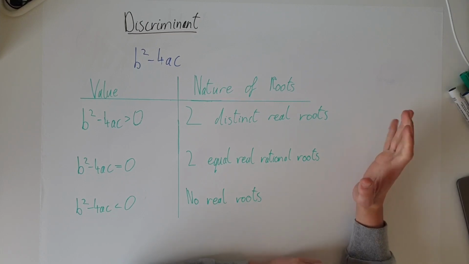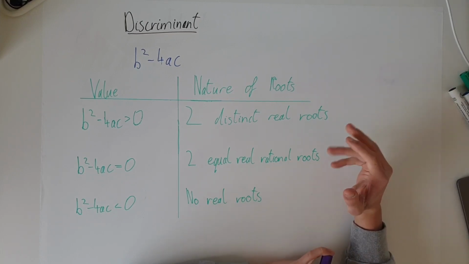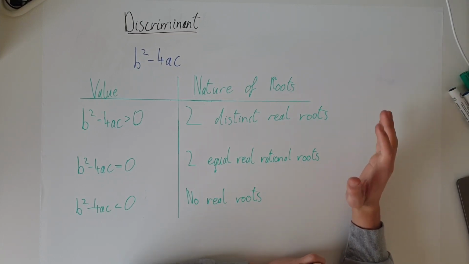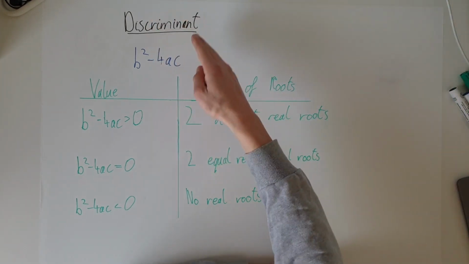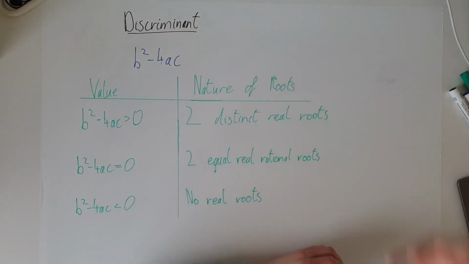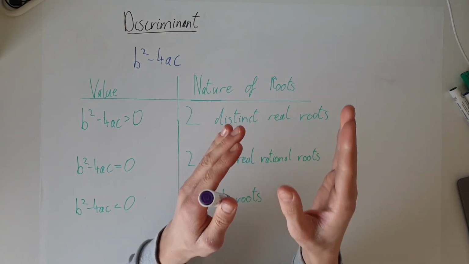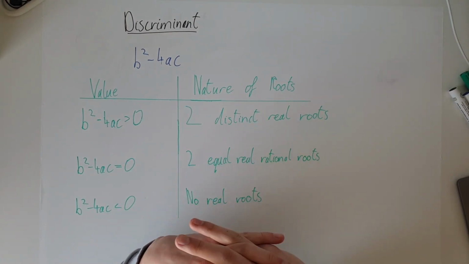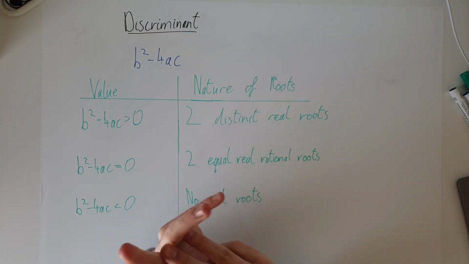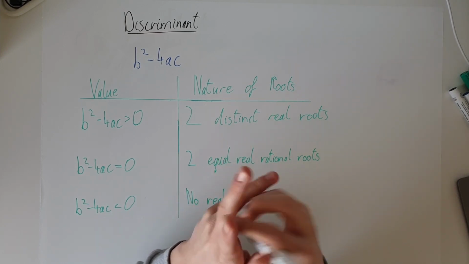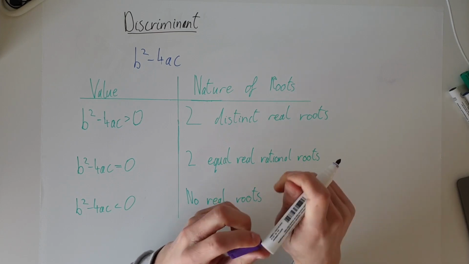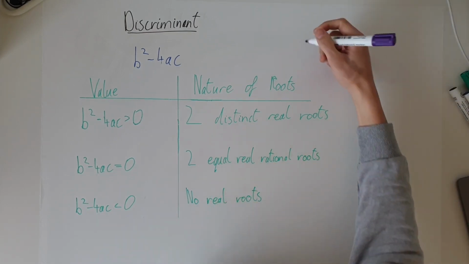So welcome back to the course, and this lesson is going to be a little expansion on this topic in terms of the discriminant, because last lesson we looked at how we use the discriminant to decide what method for solving equations. But this is going to be a totally separate form of question we can be given. So these questions will basically be given an equation, and as we know, it'll be